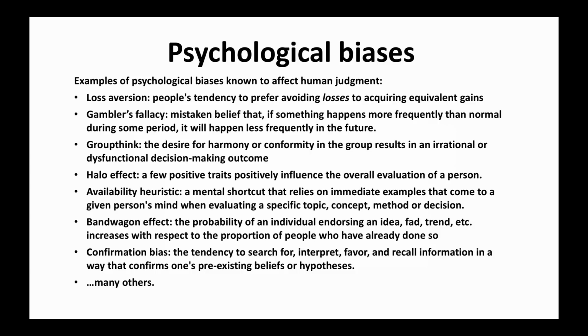The gambler's fallacy, which is the second one here, is another one. Some of you might be familiar with this. If you've ever studied first-year psychology, you would have come across a lot of these, but essentially the gambler's fallacy is a mistaken belief that if something happens more frequently than is normal or typical, it'll happen less likely in the future, because we expect things, if there's about a 50% chance of it happening, to equal out in the long run. So for example, if we're flipping a coin, we're going to flip the coin 6 times